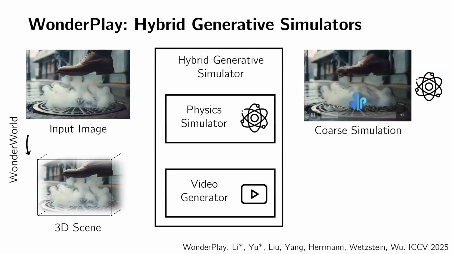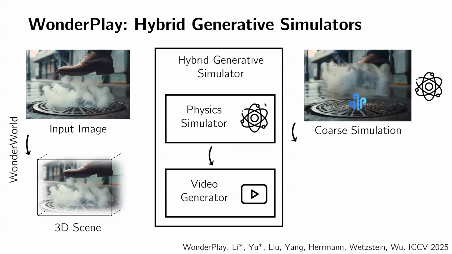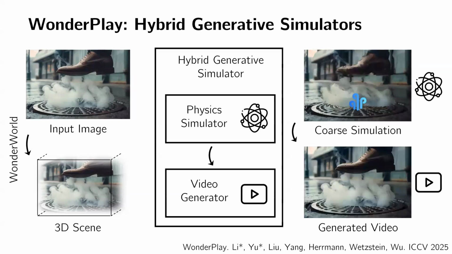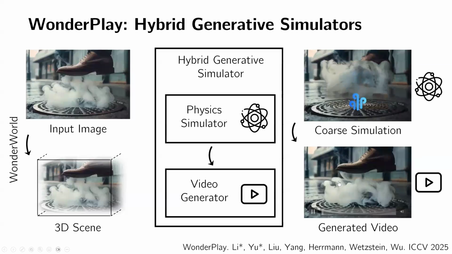If you look a bit more closely, you realize they have all the artifacts, right? On the shoes, you can see all these Gaussian artifacts and stuff like that. So it's definitely not perfect. But the rough physical prediction might be enough. You can use it as a condition for the video generator. You can extract optical flow or depth map or stuff out of it, and use it to condition your video generation,